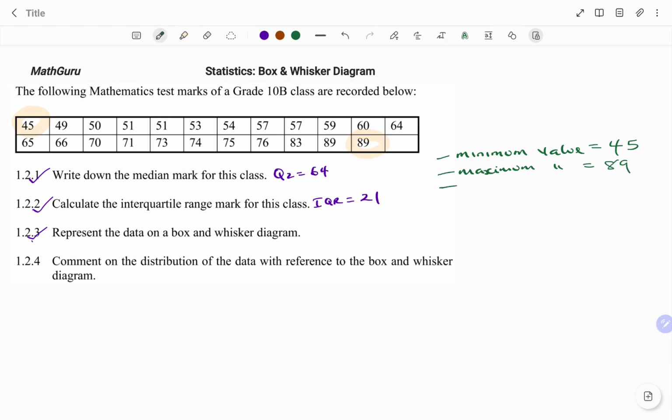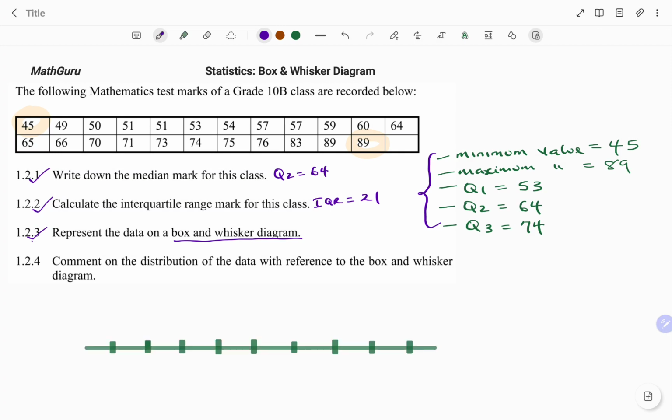I need my Q1, which I was able to calculate earlier. I got 53 for that. Then I need my Q2, which is my median. I got 64 for that. Then I need my Q3, which is the third quartile. That's 74. I showed the calculation earlier. So I've gotten the 5-number summary as shown, and then I need to represent that on my box and whisker